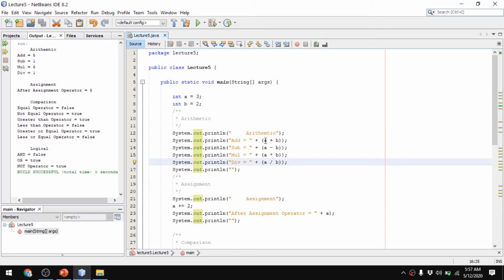So when we apply the addition operator, a plus b, it will return 5, and it has returned 5. And when we subtract, a minus b, 3 minus 2, it returns 1. And when we multiply both of them, we have a value 6. And when we divide them, a divided by b, we should have a value of 1.5, but we have